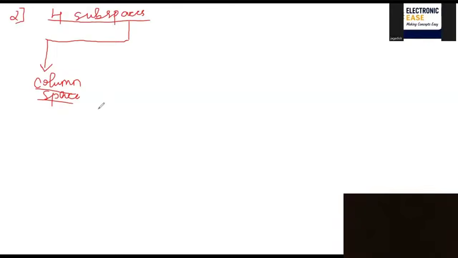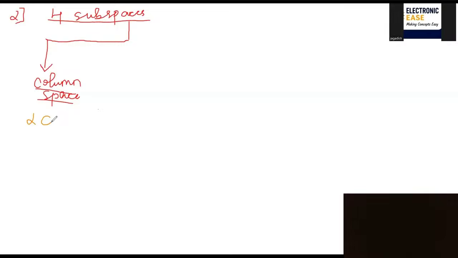I will dictate, students, write down. Column space: it is a set of all linear combinations of columns of A,